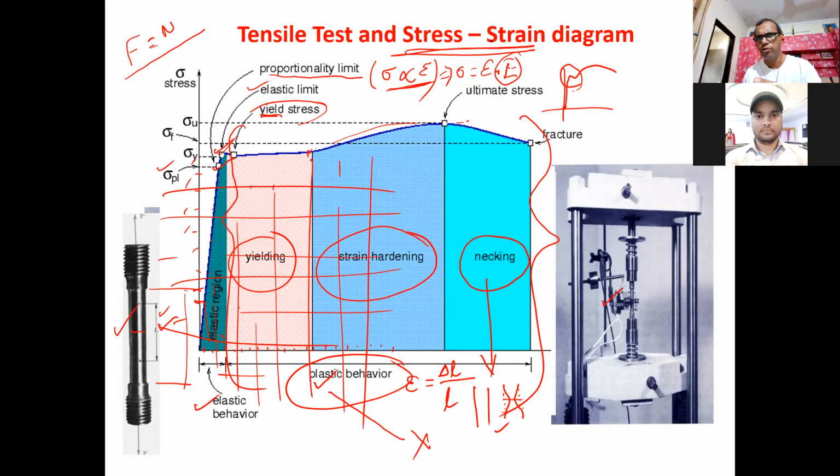There are three elastic constants. One is the modulus of elasticity, bulk modulus, and modulus of rigidity. So modulus of rigidity is a normal taken